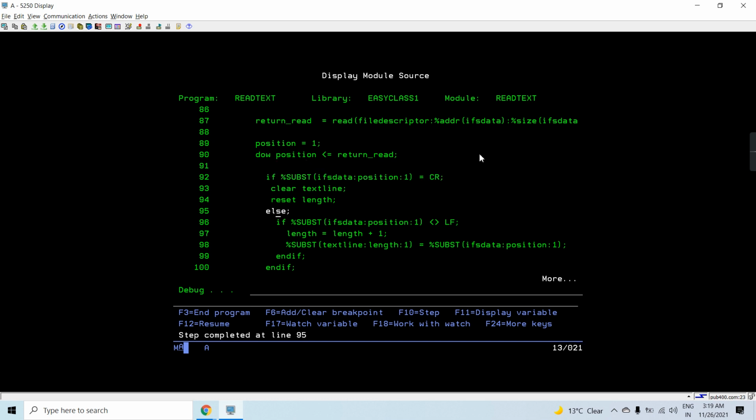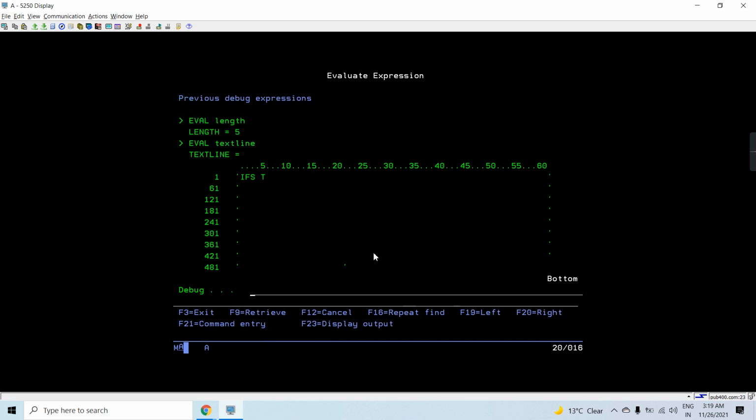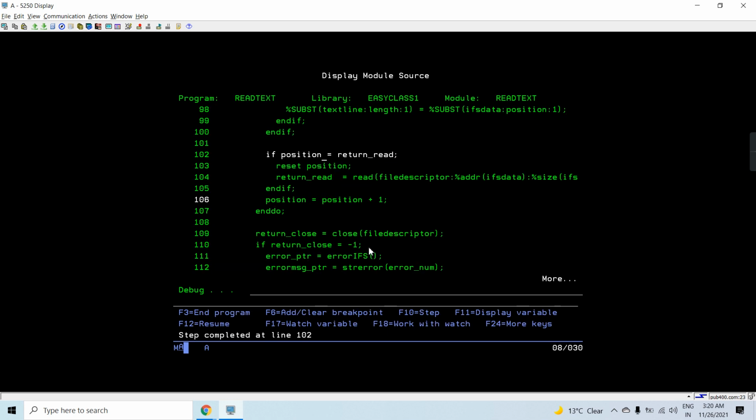Position is 1 again, and now IFS data position 1 will receive length 5 because we read 4 characters previously, and this will be IFS test,